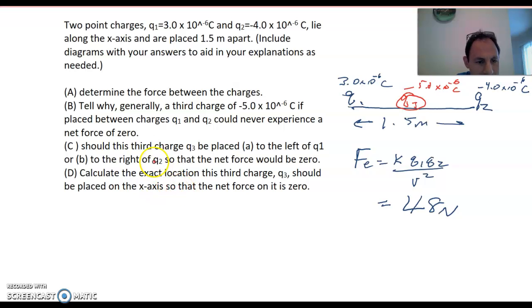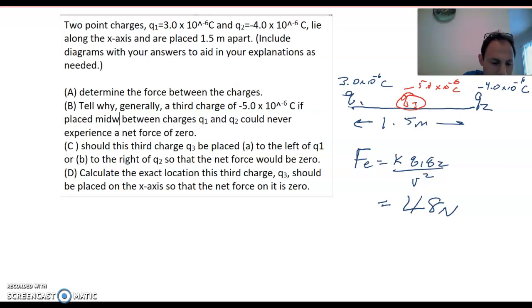Well, if there is an exact location, then B, it can't be true that it would never experience a net force of 0. So I think B should be reworded to say, tell why generally a third charge, if placed midway, right, between charges, could never experience a net force of 0, right? So now that makes sense, because here if you look at the magnitudes,